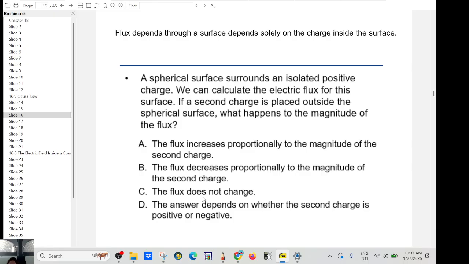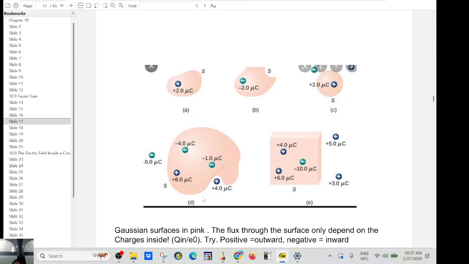So what do you feel? The flux only depends on the charge inside your bag. It's not going to change. It only depends on what is inside the bag. You can have anything outside, it doesn't matter. So it does not change, okay? So for example,